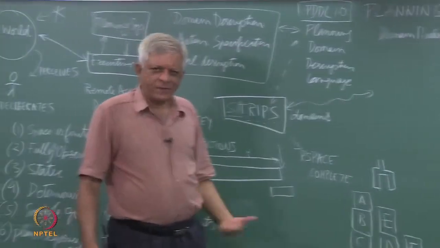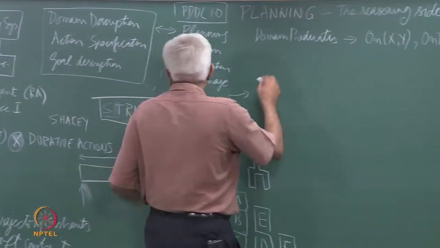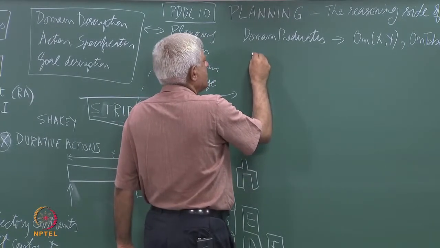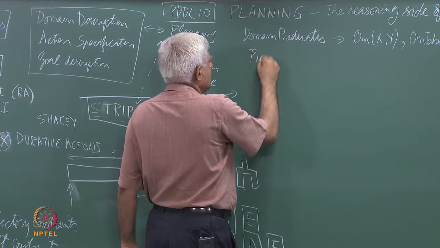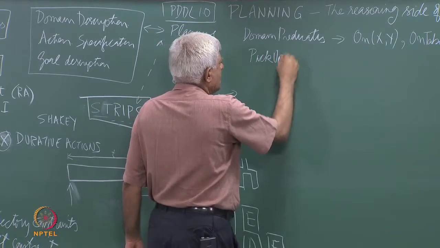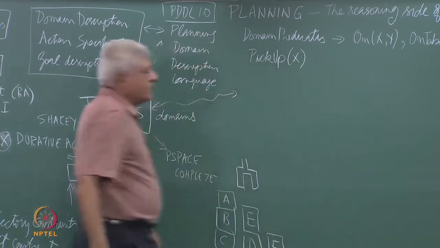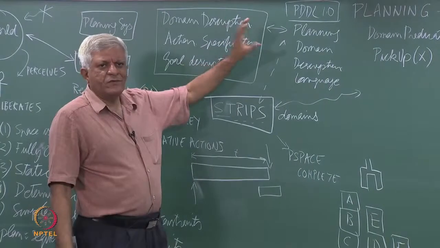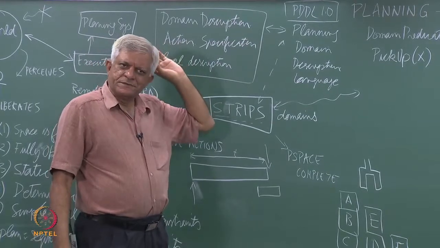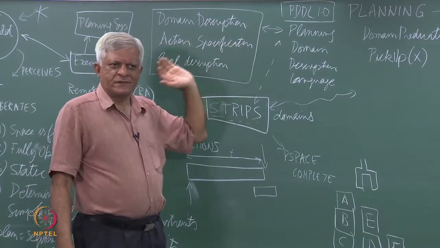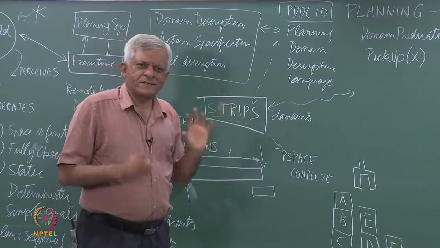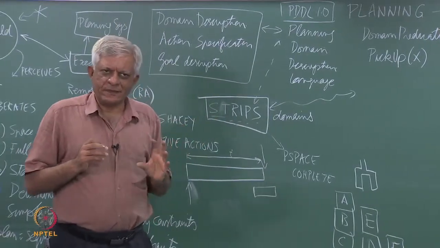And then we have the operators or the actions. So, in this simple world we will assume there are 4 actions. One is pick up. Okay. So, in PDDL you first describe what are the predicates that you will use to describe the world, then you describe actions. Now, actions are described by 2 things.